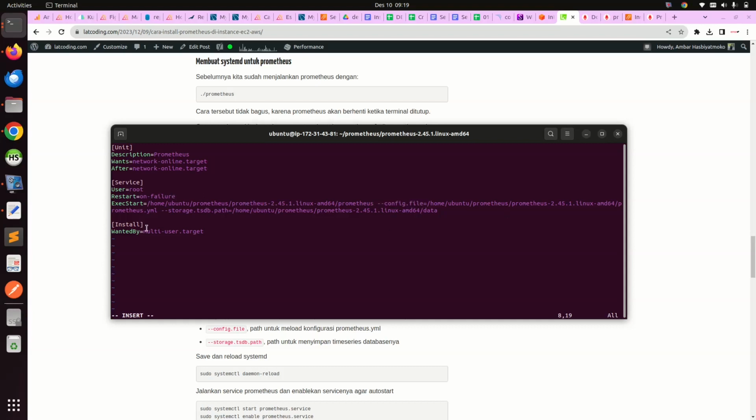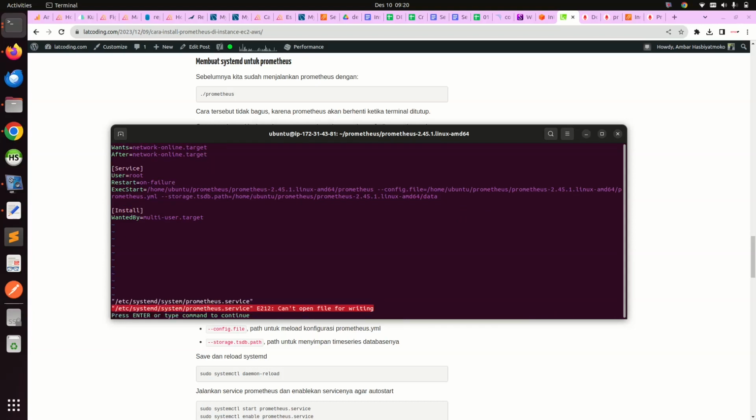This is the Prometheus configuration. We have to load this start and the config file, and also the storage tsdb. That means the Prometheus database, where the Prometheus database is stored, in the data folder. Okay, save.